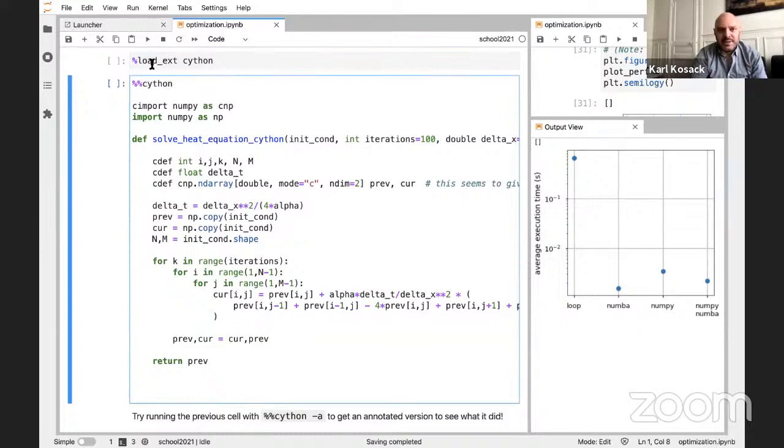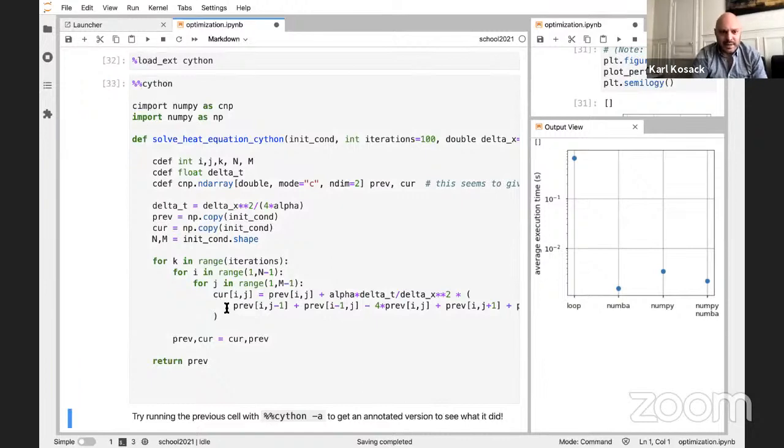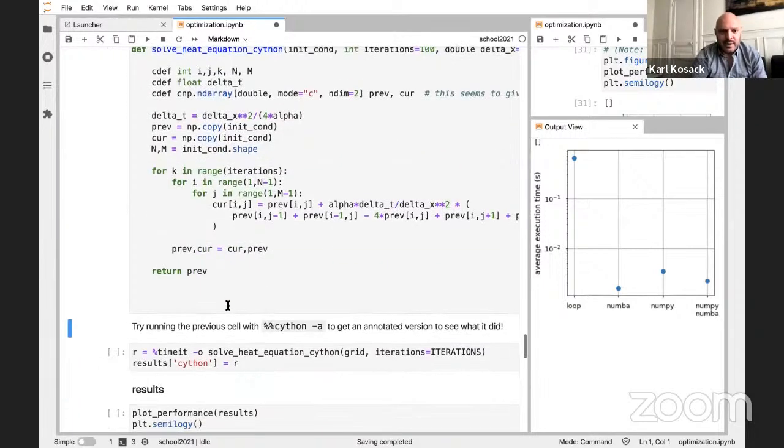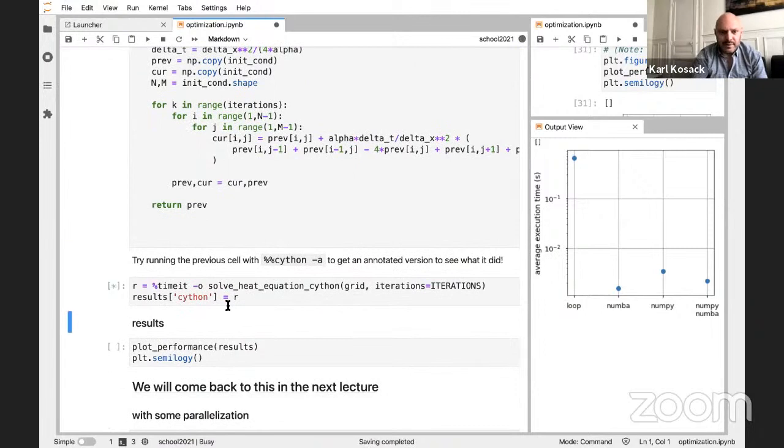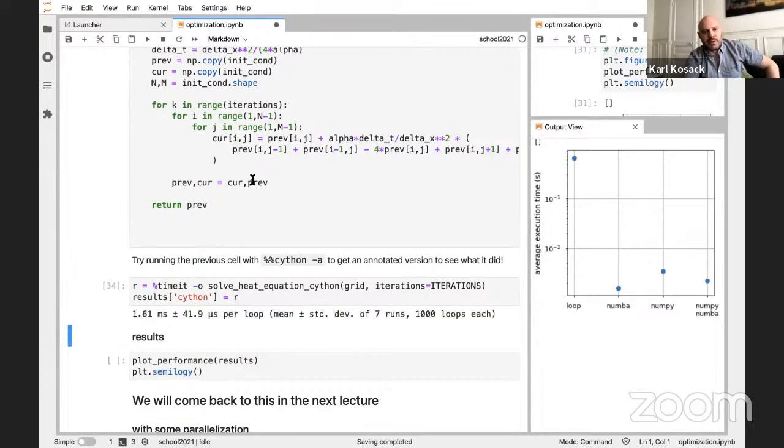In a notebook, it's really easy. You can load extension Cython. You might have to install Cython. I can't remember if I installed it in the environment, but then run the code in Cython, and it will compile the code. And then if I run again, time it. So this is not just in time compiling. This is really compiling first. Then it runs always. So it's not like numba in that you really do need to compile it. If you write a lot of Cython code in your real analysis code, you have to include it in your setup.py, and then you have to always run setup.py build every time to recompile it whenever you make a change. So it does add some complexity to writing code.